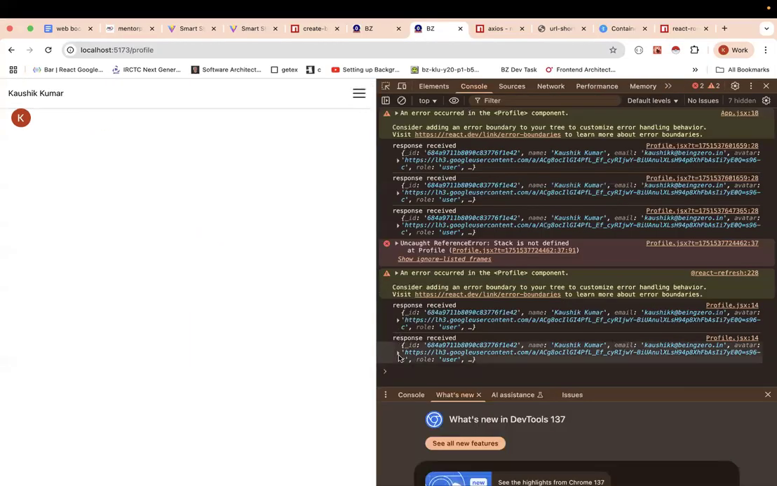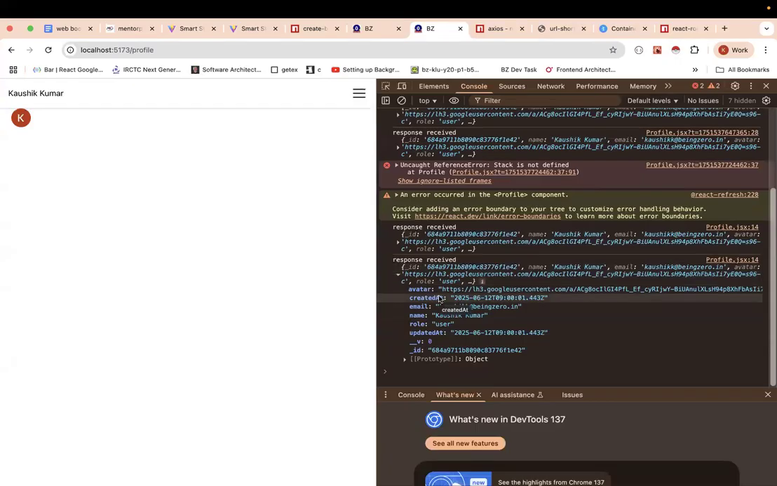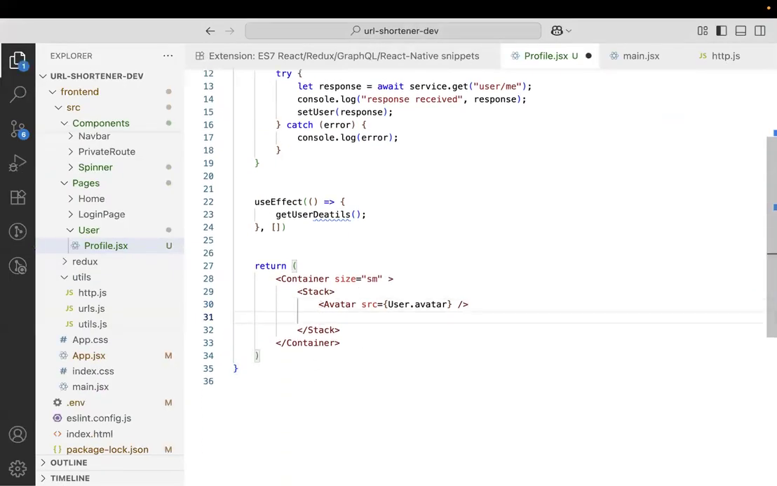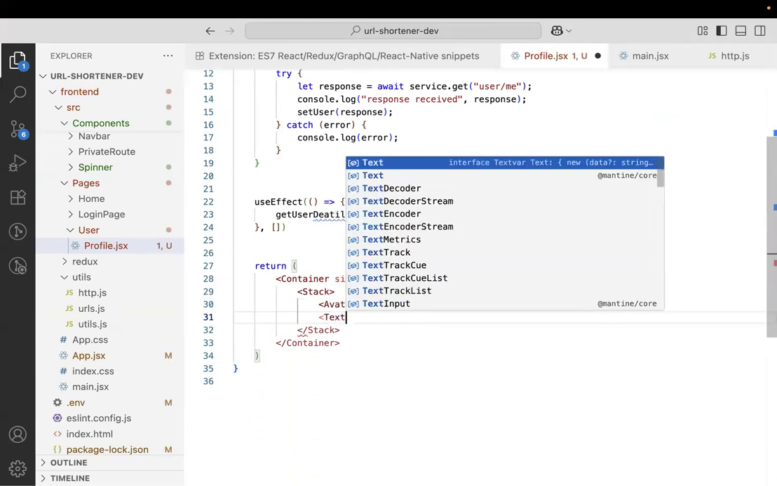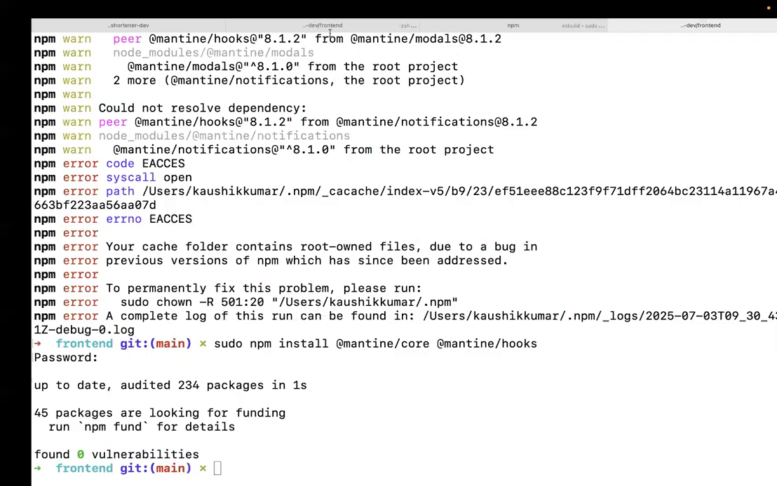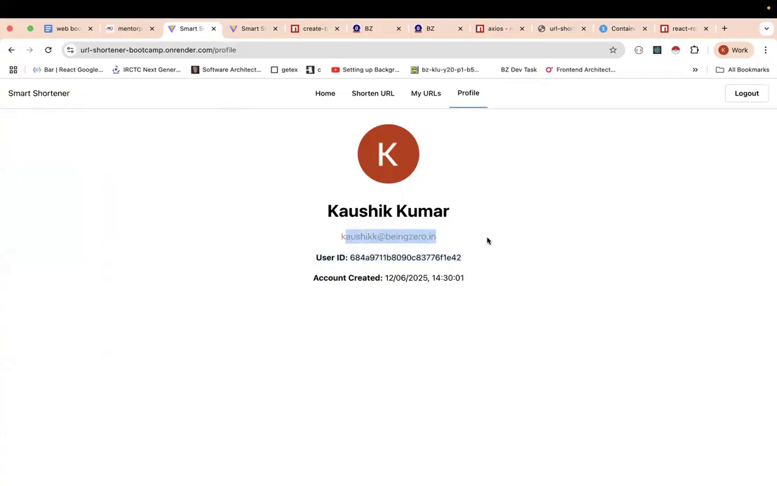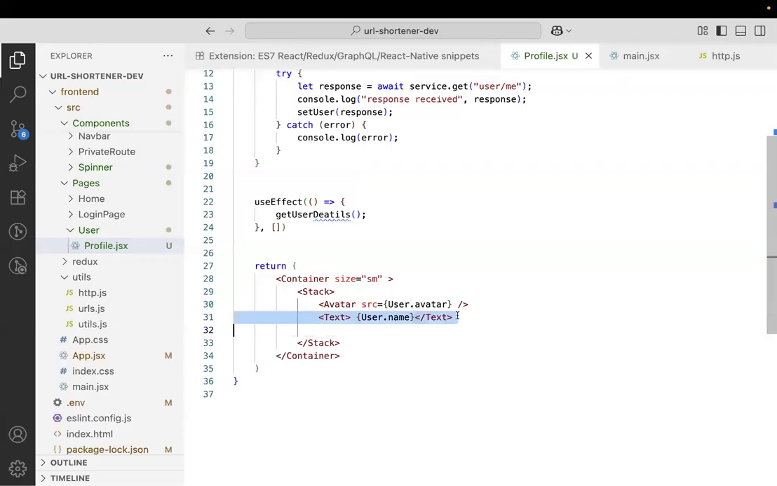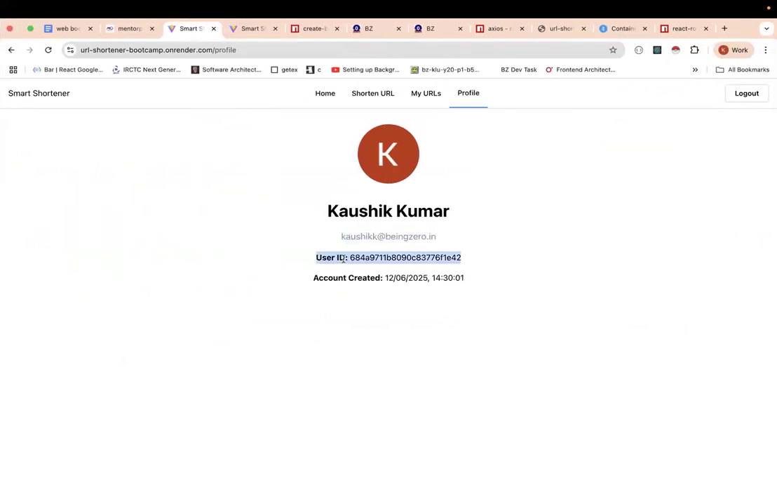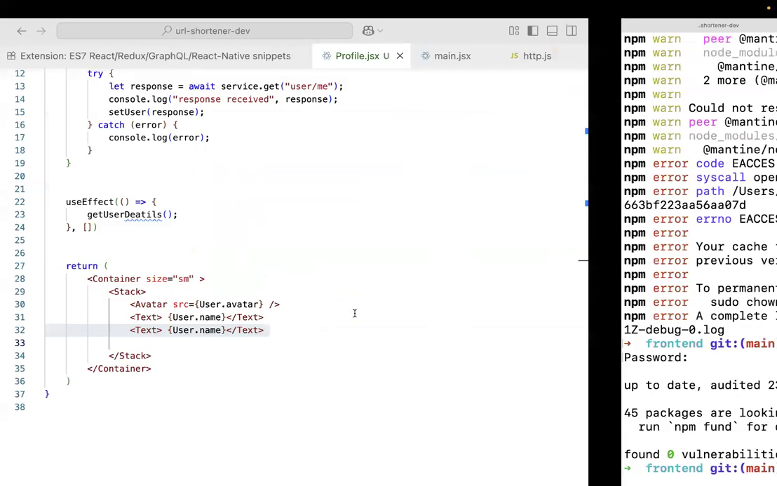Okay, so the next thing we need after the avatar is name. So for name, what should be a good component? Text. And here I can just write user dot name. After name, let's just look quickly. We need an email. So email should also be a text, right? Then there is something called user ID, which should also be a text. So I can just copy this